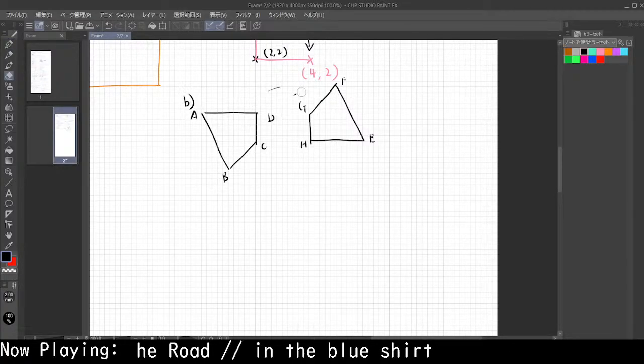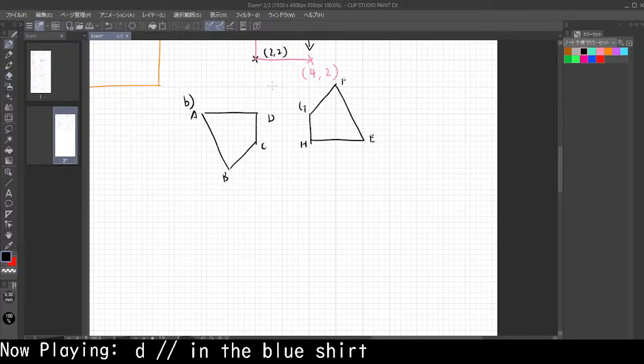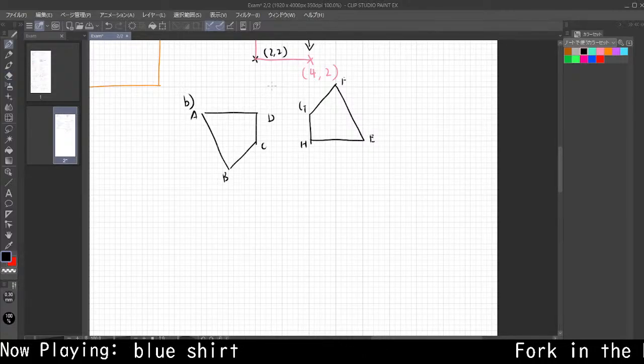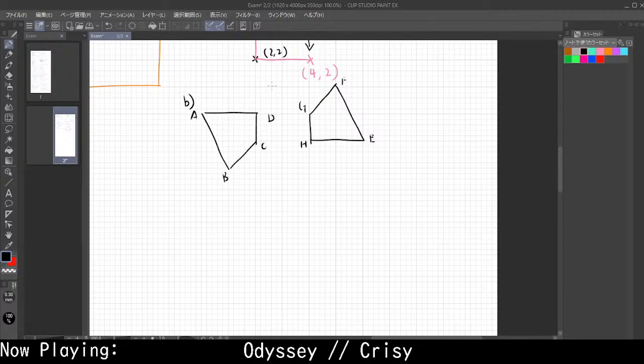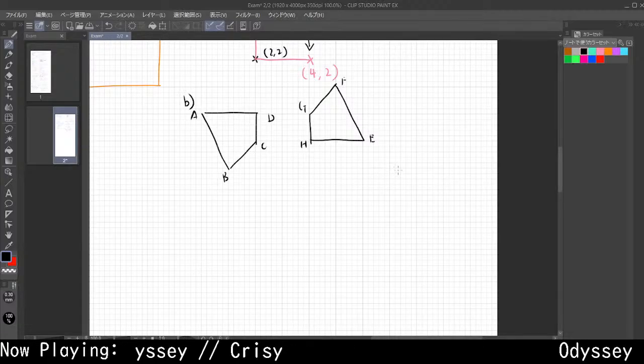To determine what it is, you only have 4 possible options: translation, where you move; rotation, where you spin; reflection, where you mirror; and enlargement, where your size changes. Okay, so in this case,